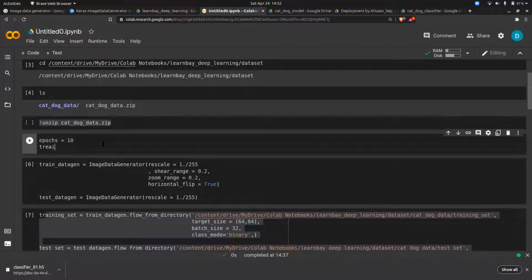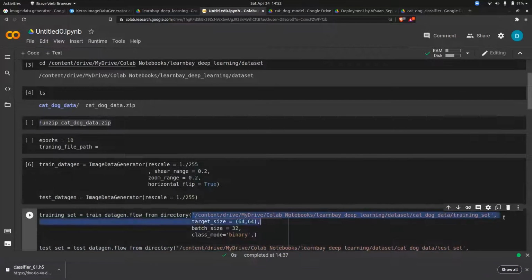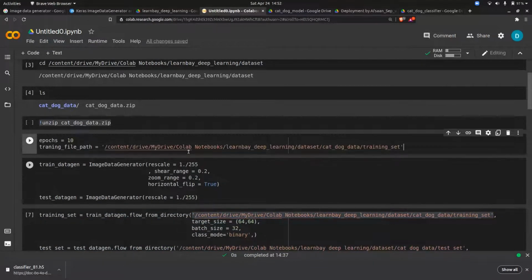Then training file path. You have to do it like this. Okay, so you have to pass the path here. This is a training path, then you can do the testing path.